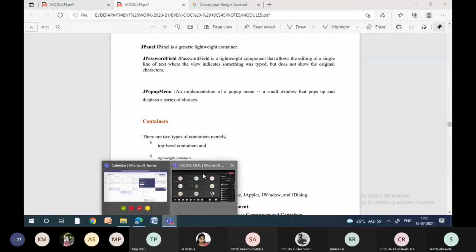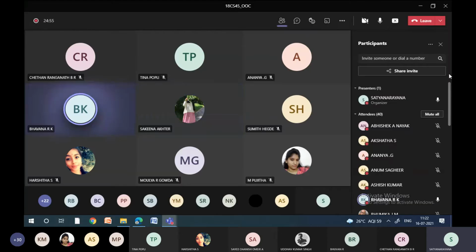Why do we need a password field when we have a text field? Sir, your voice is breaking. Yes, sir. What about other students? Yes, sir, there is a little lag. Okay.